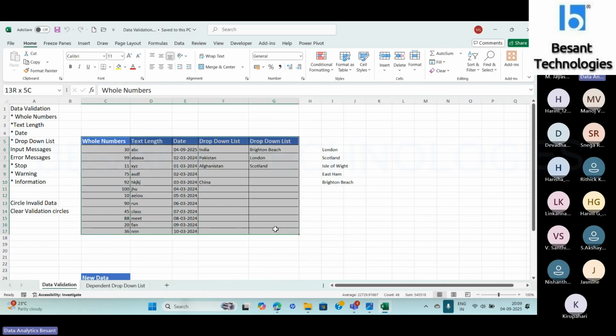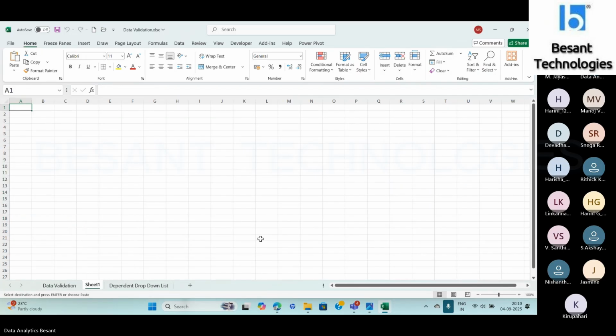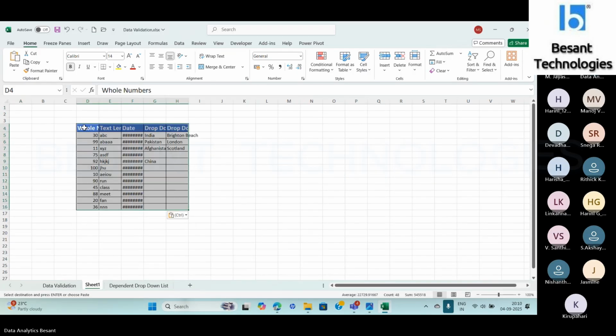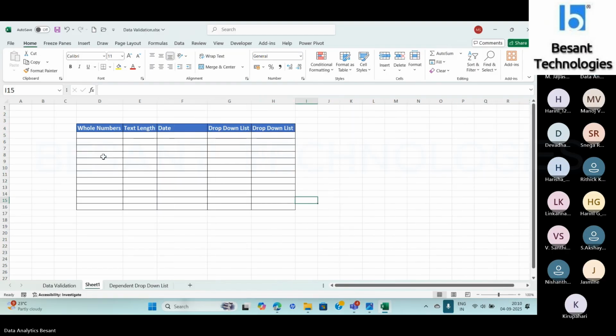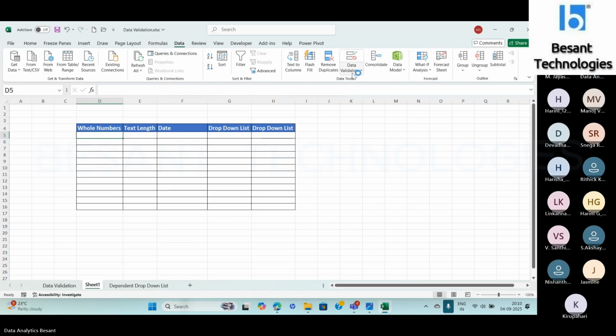Suppose, let me copy this. Okay, first one says whole numbers, right? How can I validate? I'll go to the Data tab. Just beside Remove Duplicates, you have got this Data Validation. First one,